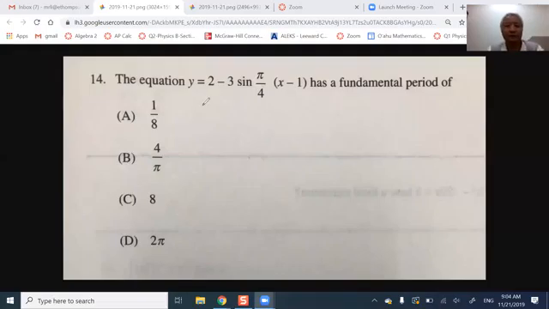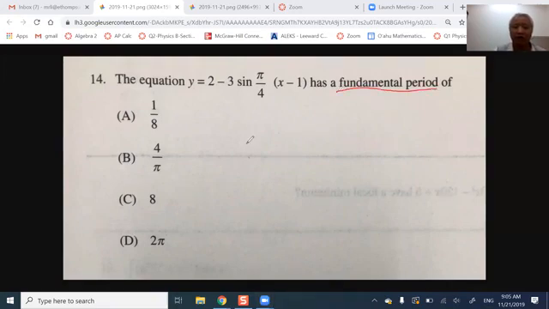Okay, let's look at number 14. The equation y equals 2 minus 3 sine pi over 4 times (x minus 1) has a fundamental period of which one, right? So when you do this one, first you need to understand what's the meaning of the fundamental